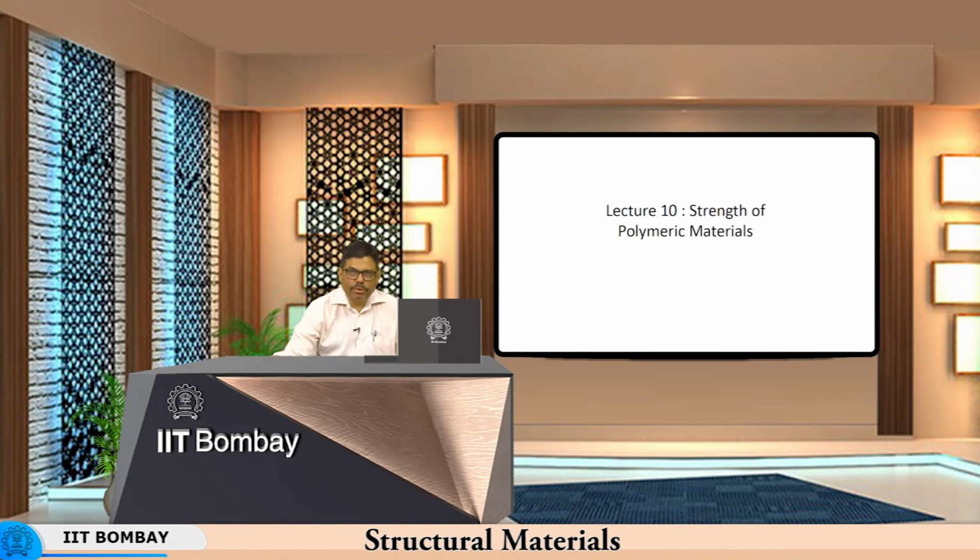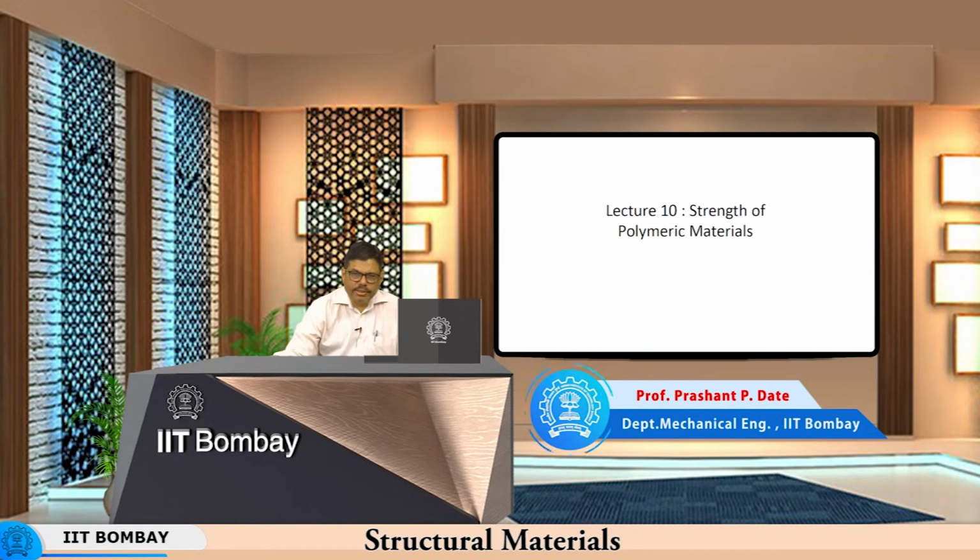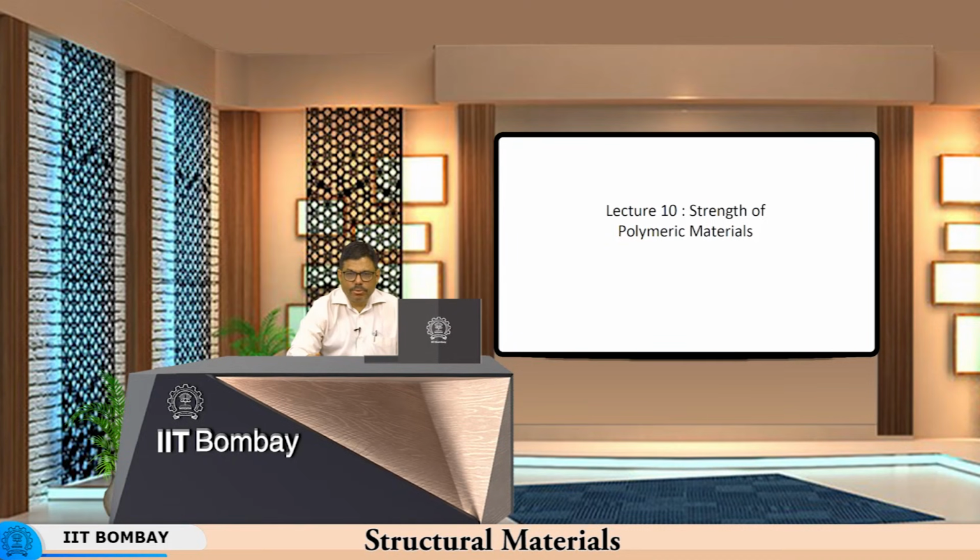Okay, so far we have been talking about metals, the structure of metals and alloys, how the metals derive their strength. Now we will change gears a little bit to the strength of polymeric materials. Now polymers are essentially chemicals. Basically these are chain type of compounds where the chains are made of carbon and hydrogen primarily, but then you can also have many other constituents like chlorine, fluorine and so basically halides.